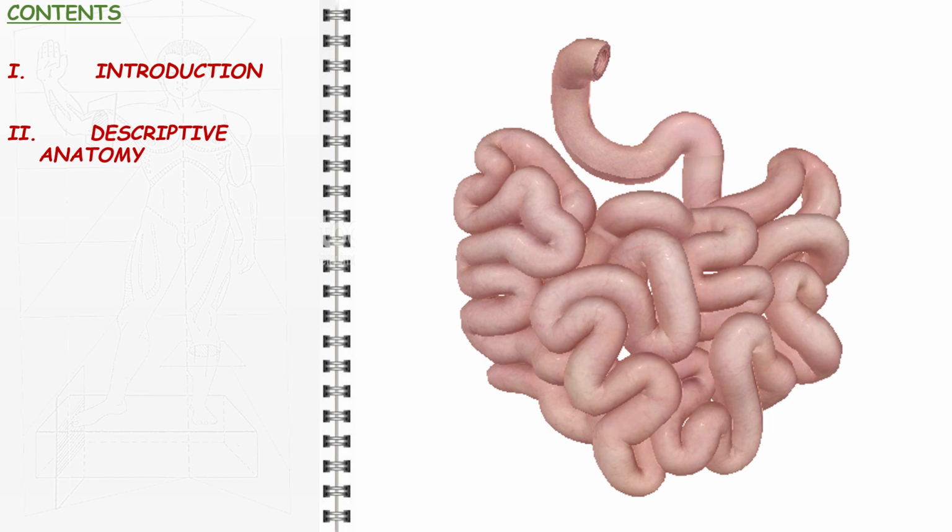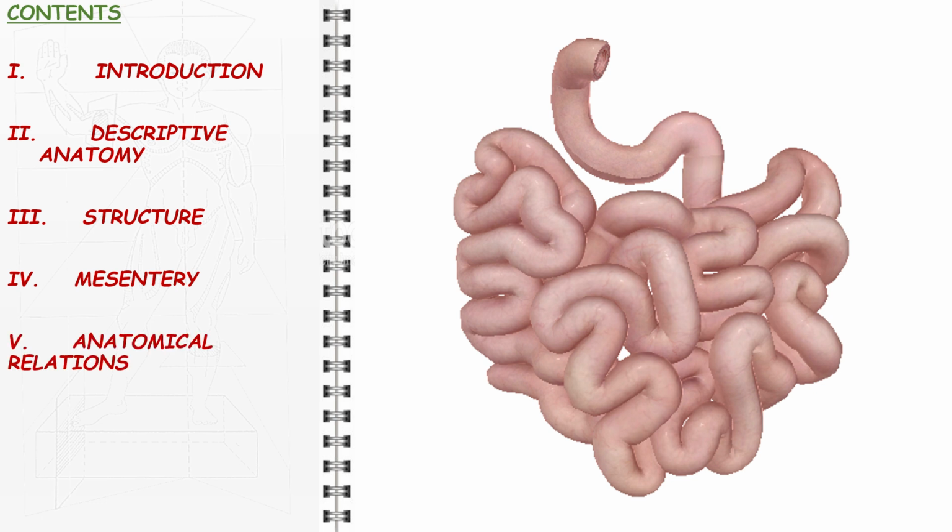general aspect and particularities. Next, we will take a closer look at the layered structure of their wall that follows the general structure of the gastrointestinal tract wall with some special features. Moreover, we will take a look at a major portion of peritoneum that constitutes the support of the jejunum and ileum, the mesentery. Then, we will explore the anatomical relations of the jejunum and ileum. Afterwards, we will proceed to describe the blood and nerve supply and lymph drainage of this part of the intestine